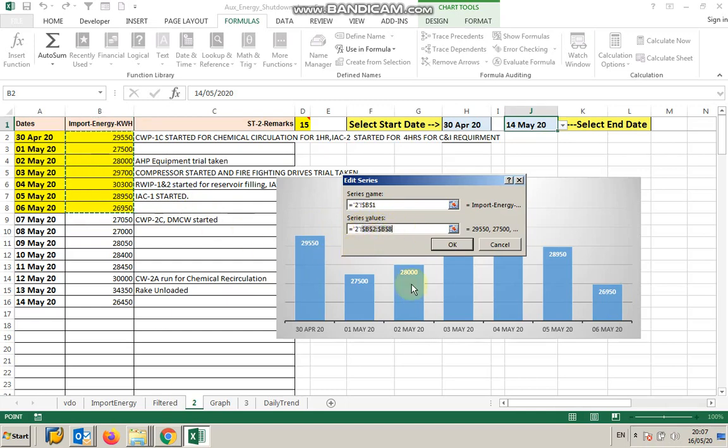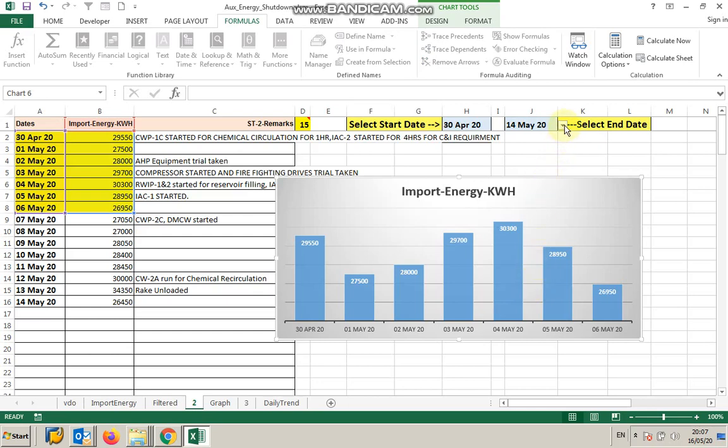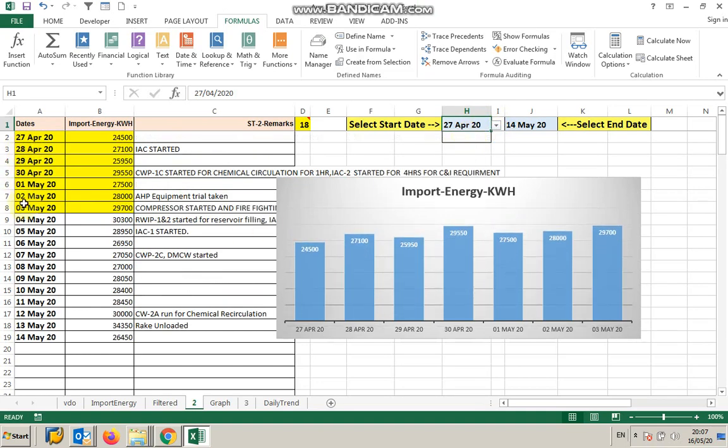If I change the date range, whatever is here, 30th April to 6 May, only these 7 data are covered. Whatever is within this yellow colored zone is being addressed, but the whole range is not getting addressed automatically.